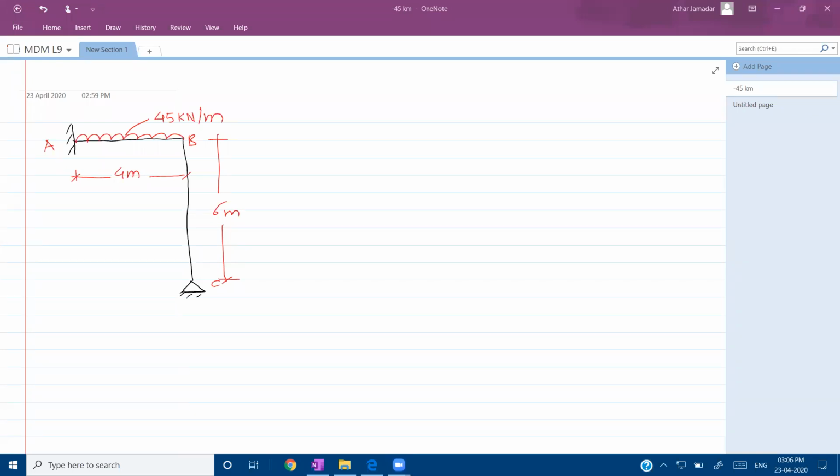Okay, so once again, welcome you all. In today's lecture, we are going to see problems on portal frame. In all previous lectures, we have seen problems on beam, and in that also various types of beam. That means two span continuous beam, three span continuous beam, then beam with settlement of support, beam with overhang. Like that, we have seen various problems. So from today and tomorrow's lecture, we are going to see problems on portal frame.